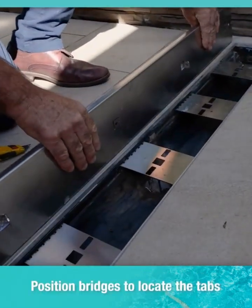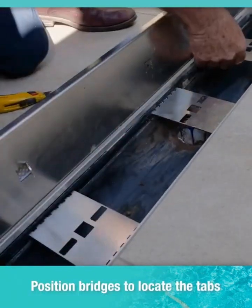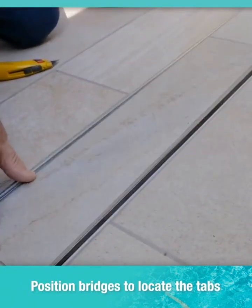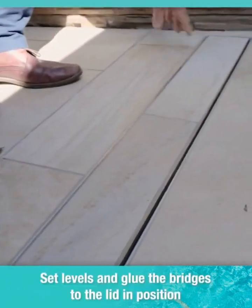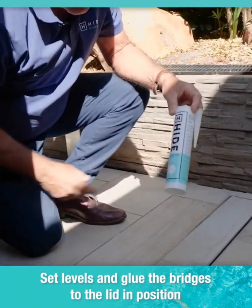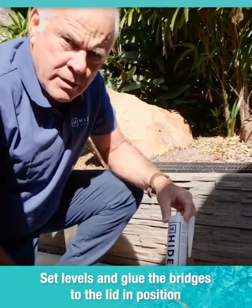Locate the bridge close to where the tab needs to be engaged and pop the lid in. This lid can be glued to the bridges with the hide adhesive. This keeps it stable